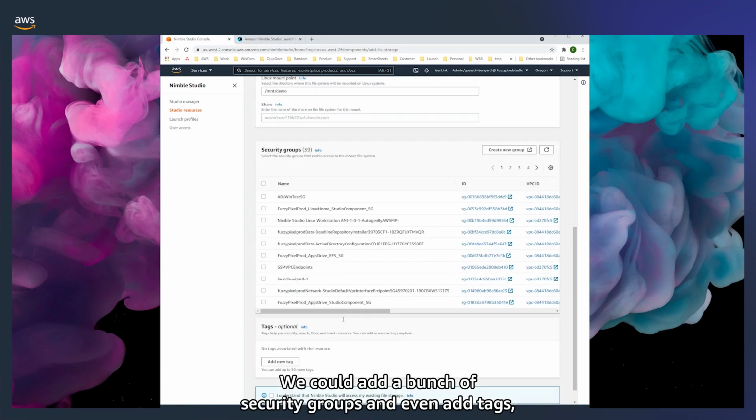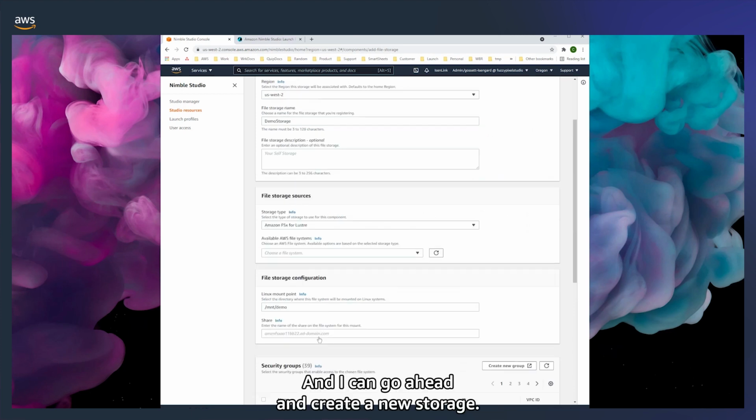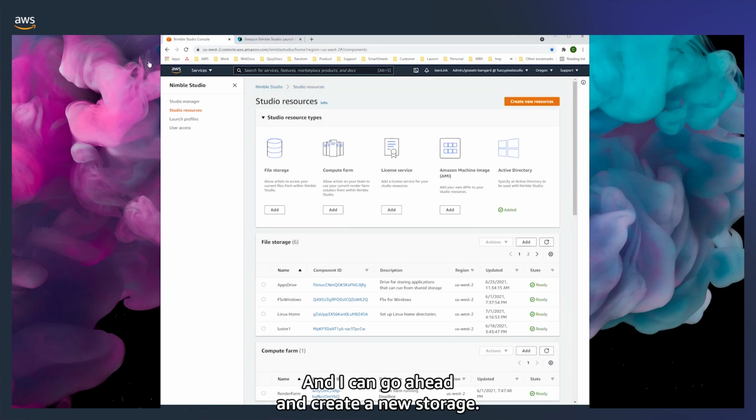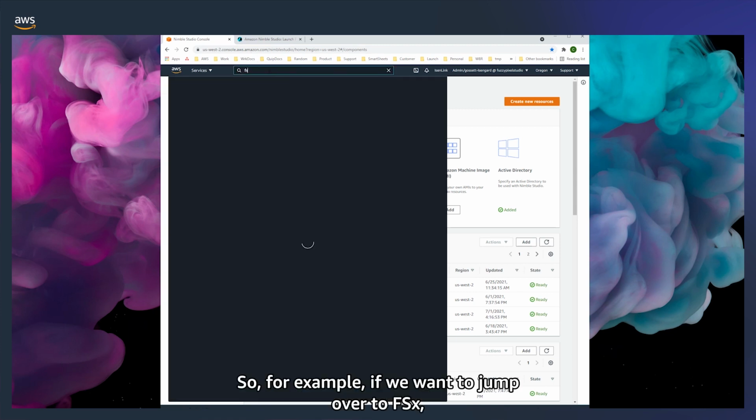We could add a bunch of security groups and even add tags. And we talked a little bit about tags in terms of being able to track usage and costs and things like that. And I can go ahead and create a new storage. I can also go and look at additional storages and change the values that I currently have. So for example, if we want to jump over to FSx,